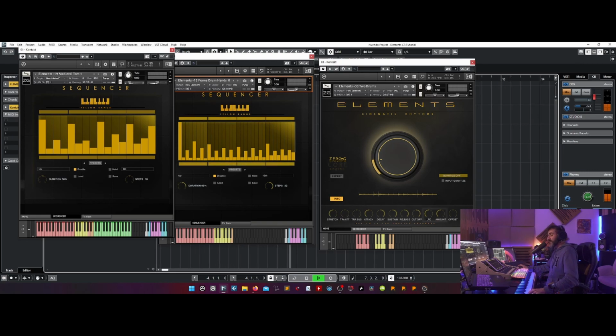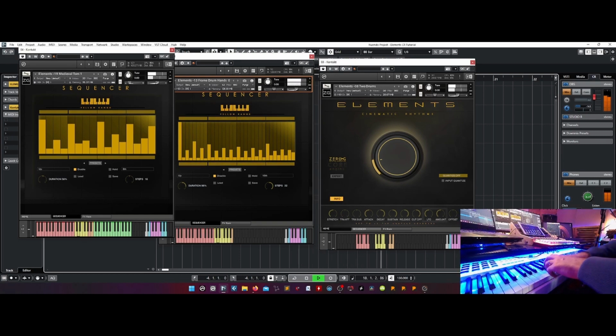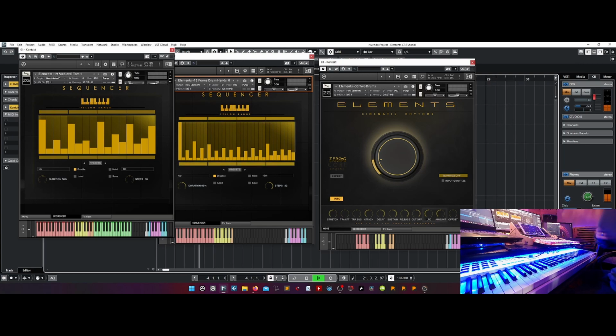Now I play the audio loops. And now I play the round robin with the sequencer. So the round robin is always perfect, without a little bit of artifact if you change the tempo.